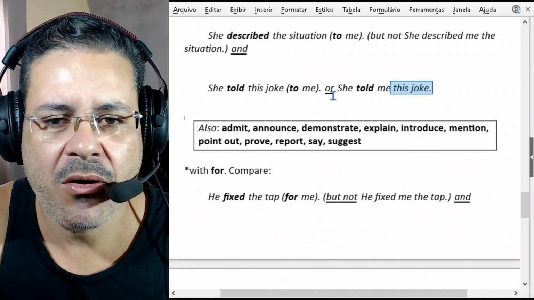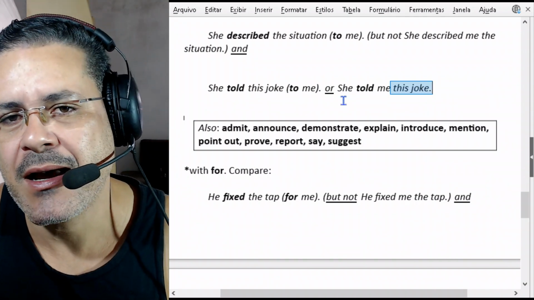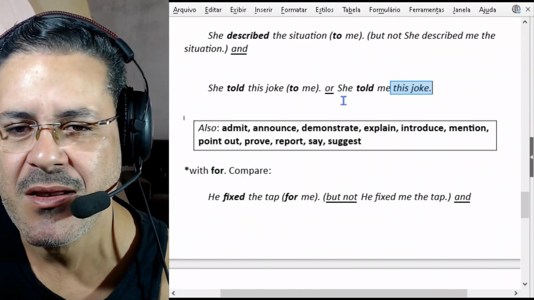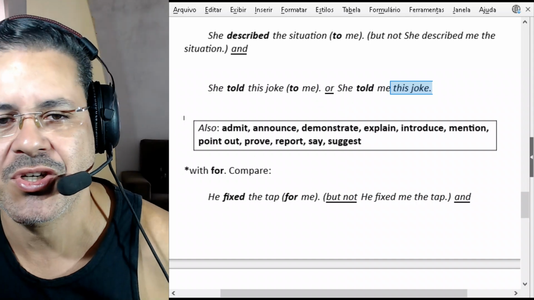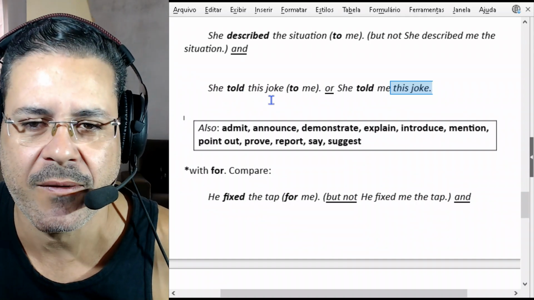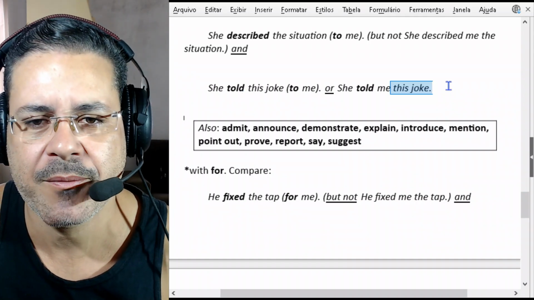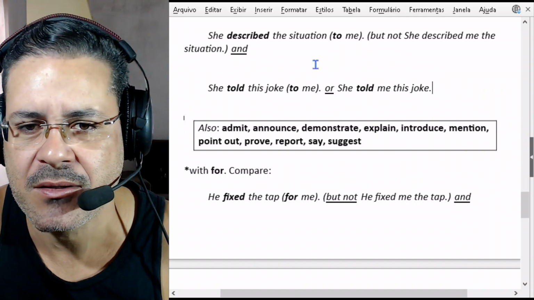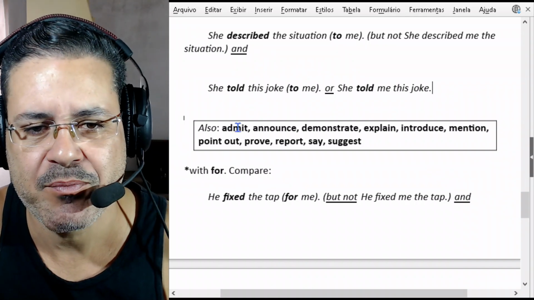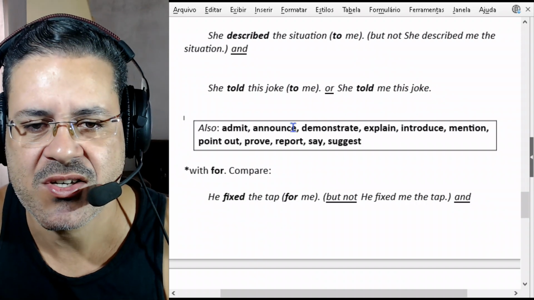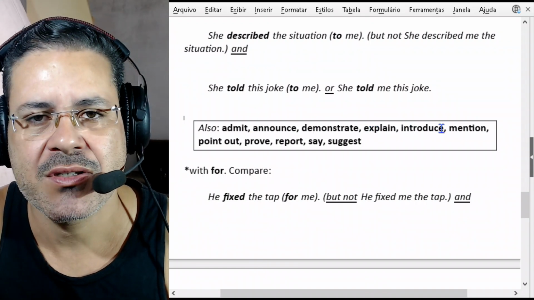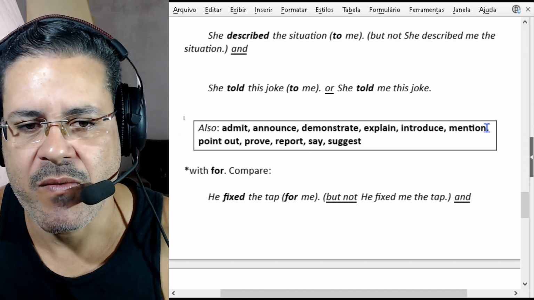We've always got the direct object and the indirect object. Both ways are possible. We also apply that pattern with the verbs to admit, announce, demonstrate, explain, introduce, mention, point